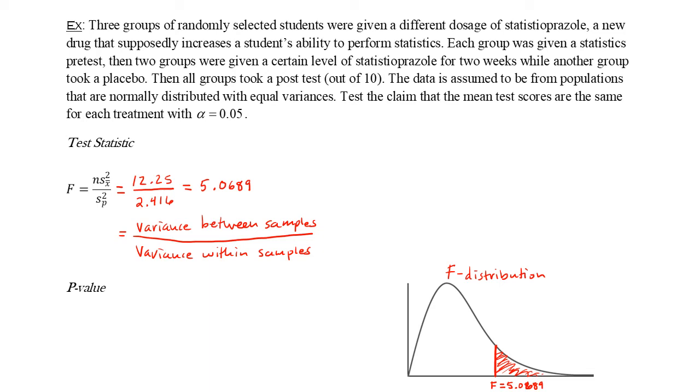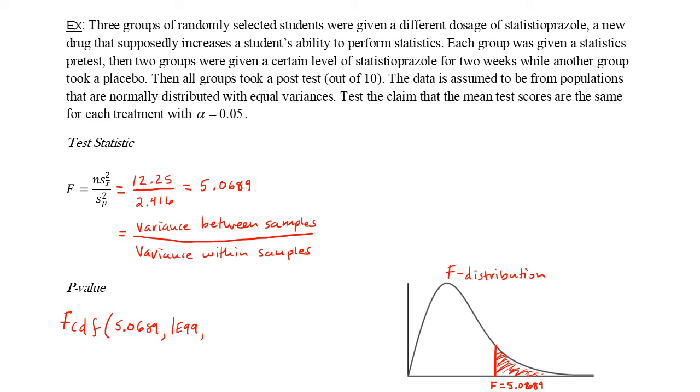If, for instance, we have groups that have bigger variances between them and smaller variances within them, it'll be easier to distinguish between them. So for the p-value, we're going to use FCDF to find the area under the f distribution. Now we'll enter the lower and the upper, where for the lower, 5.0689 was the f-score that we computed. Upper, we can use 1E99,